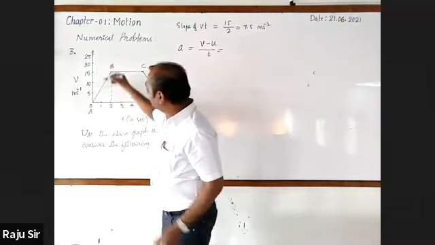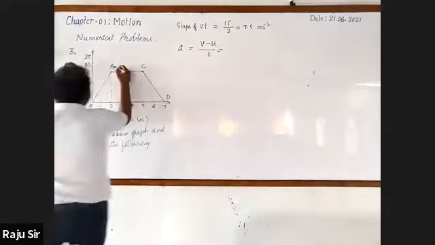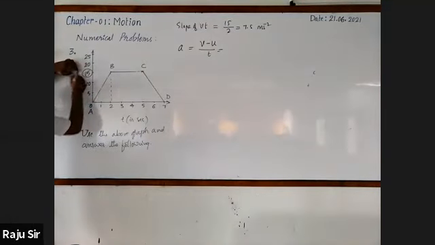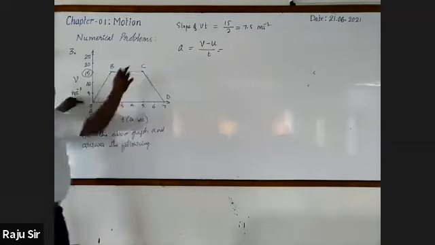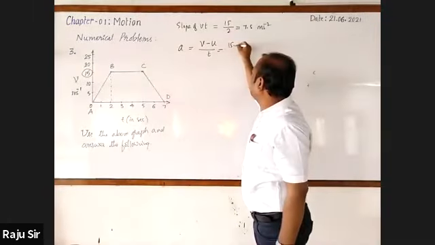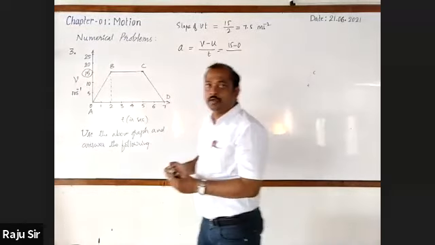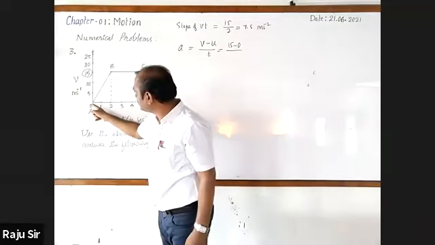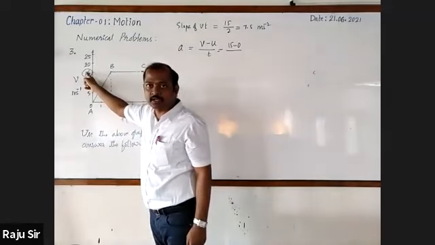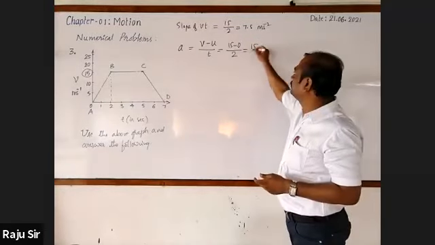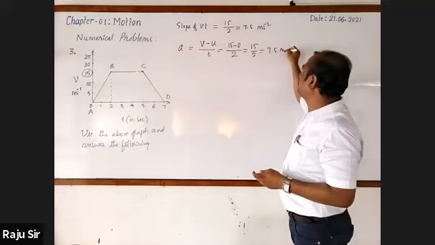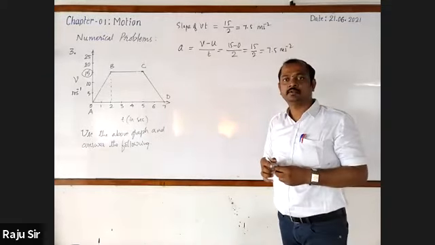Look here. A to B. Here, B represents the final velocity, 15 meters per second. And A is the initial velocity, 0 meter per second. So final minus initial is 15 minus 0. To change the velocity from 0 to 15 meters per second, it has taken 2 seconds, right? So I can write 2 seconds. 15 minus 0 is 15 by 2. Again, it is 7.5 meter per second square. That's all. Did you understand?